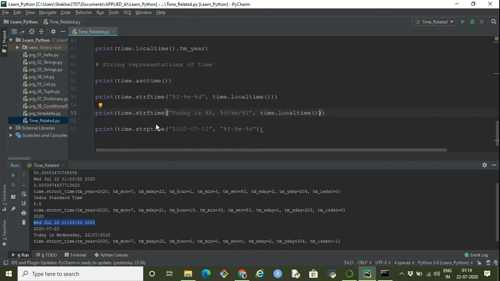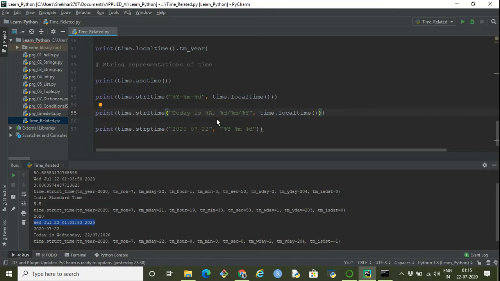Let's say I want to display it like this: today is, then the day and that particular date. Then I'll say time dot strftime, and within quotes I'll specify the format. Today is percent capital A, which represents the full day name. If you say percent small a, then it will represent an acronym like Mon or Tue, and capital A represents the full day name like Wednesday, Tuesday, Thursday, and so on.